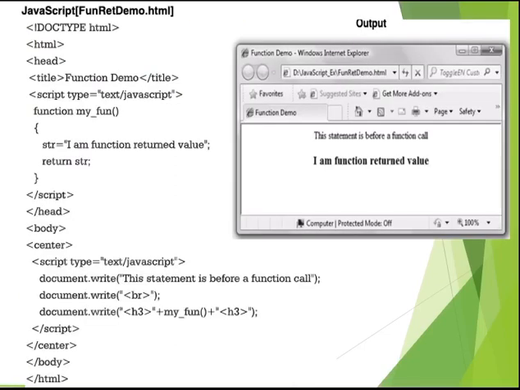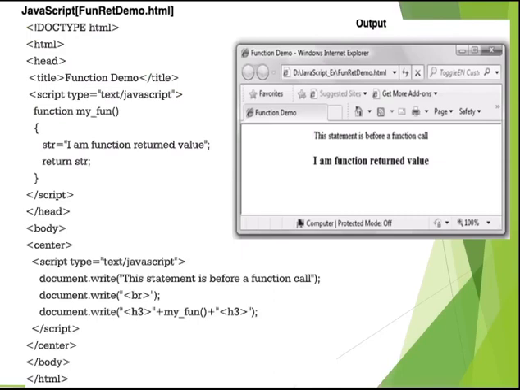Okay, so let's see a code. First tag is doctype HTML, then your HTML tag, then your head tag, then open the title tag. Title is function demo. Close the title tag. Then open the script tag. So inside this head tag, we are writing the function keyword, then function name is my underscore fun.